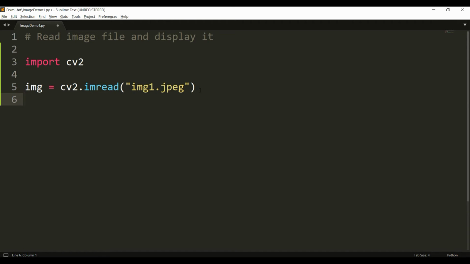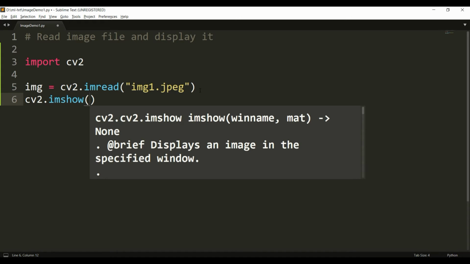To display it, the cv2 library has another function called imshow. Here there are two arguments we have to pass. Number one, the name of the window. imshow will open up a new window where the image will be displayed. Whatever we want as the window name will be the first argument.